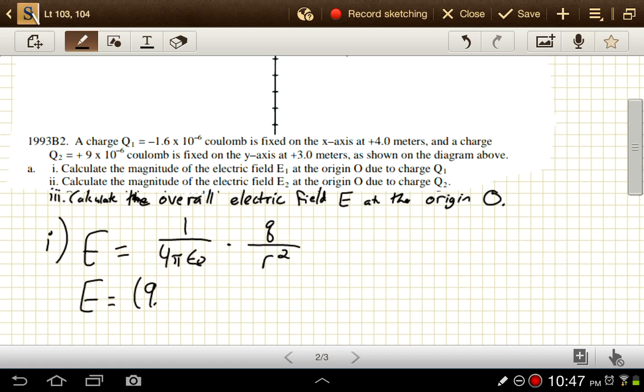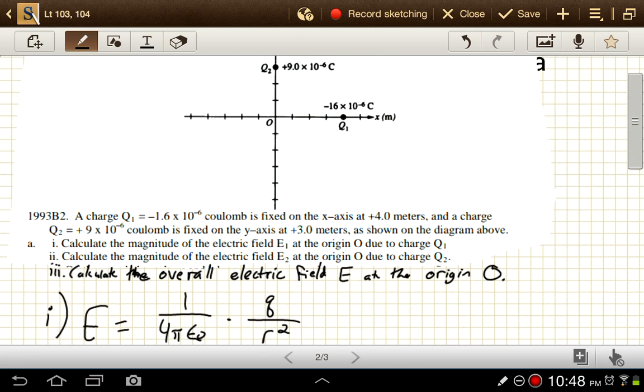So that's 9.0 times 10 to the 9th newton meters squared per coulomb squared, times our charge is